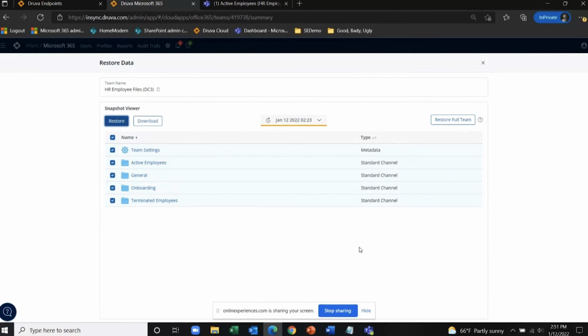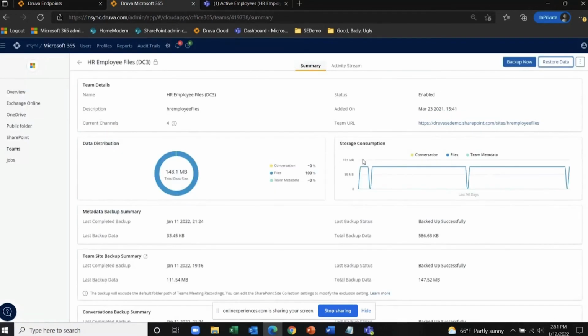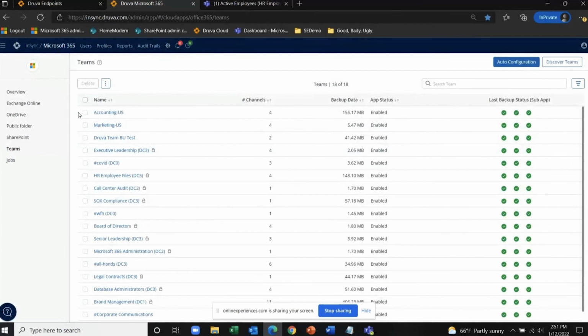All right, so let me see, I'm just going to make sure I'm in my teams. Yeah. So if you do want to, ultimately, yes, you can. Maybe not all your teams need to be backed up. So you do have that ability to disable that, if you're just wanting to back up the stuff with your most sensitive data. Think about that. You can do that. That is also an option. But I think overall, in terms of the protection for your Microsoft Teams,